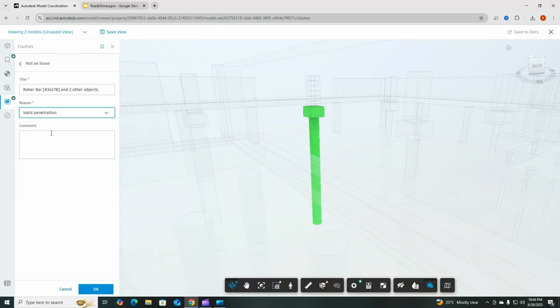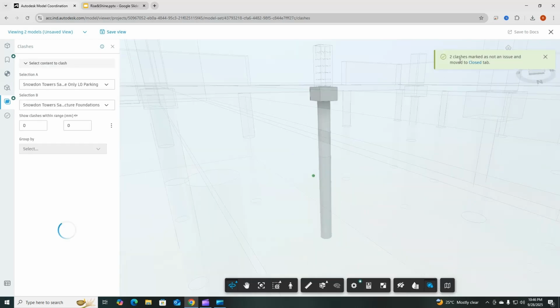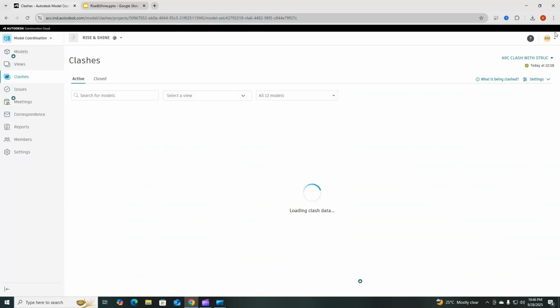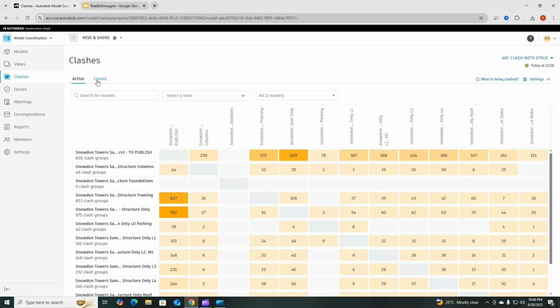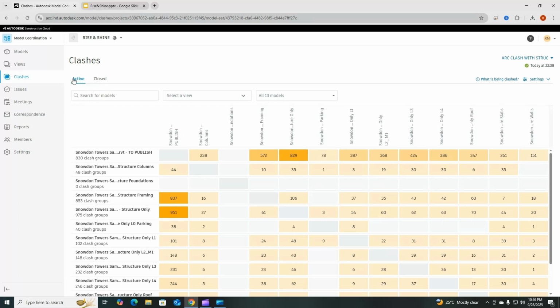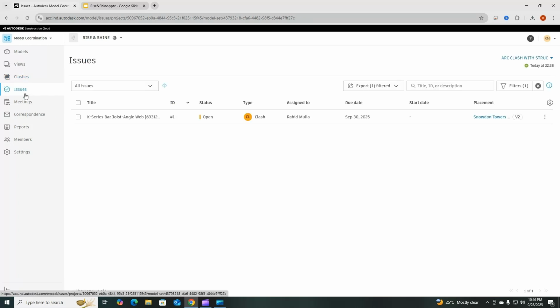You specify that valid penetration, not required, no clash. When you save this, we get the confirmation that two clashes are marked as not issue. We will close this, and now when you come here, the closed clash that you have created will be seen here. So now these are the issues that I have told you about.